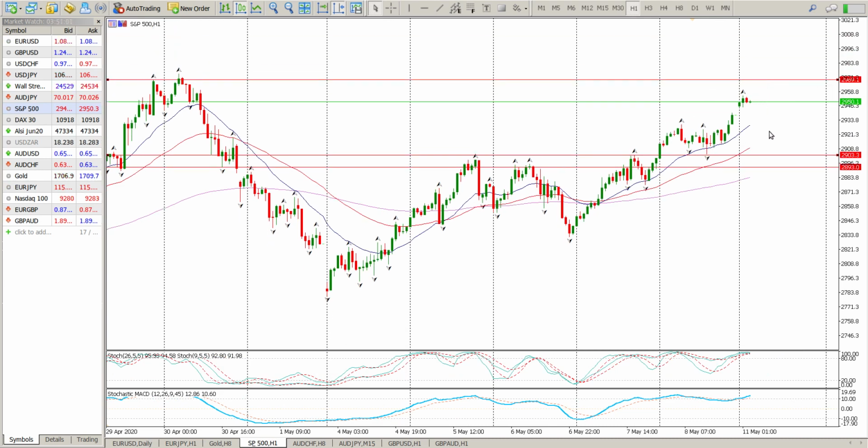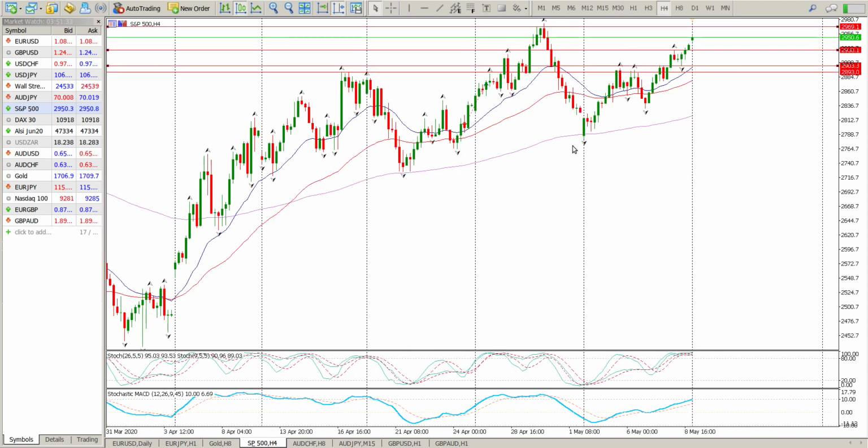Okay, a move to the downside might be a sharp move to the downside, but what you'll be looking for then is some support. Come back and test the support of these breakouts here, and this is the most logical one at 2930. Okay, so that's kind of the structure we're looking for right now on the S&P 500. Looking for a bit of a pullback, hold the level, and then another move to come and test the highs here at 2969. If 2969 or 2970 actually goes,